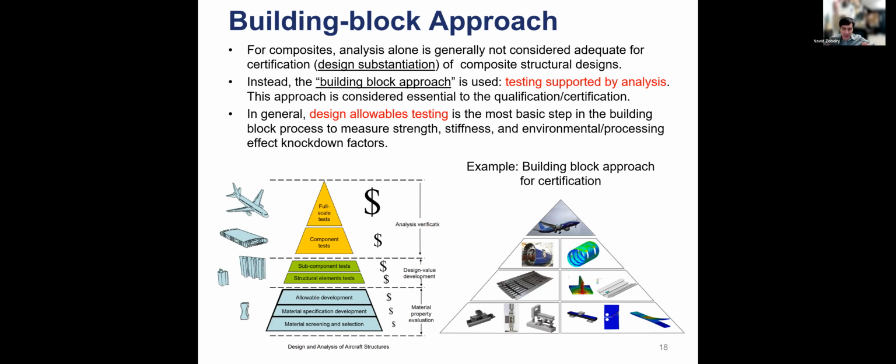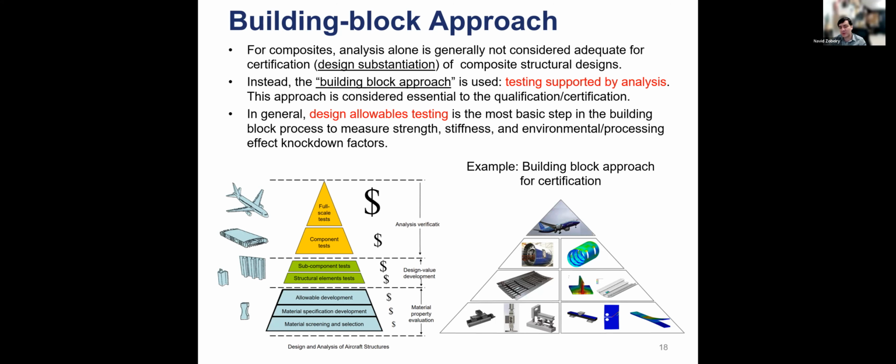You have a building block pyramid where you do test and simulation at every level of the pyramid. You start at the base of the pyramid where you do a lot of coupon level testing and simulation. Then you go higher up and you add more complexity to your design, and you do less test because test becomes expensive, and you go all the way to one final piece, which could be, say, the wing of an aircraft, and you show that you have a safety factor of 1.5. We're going to discuss the base of this building pyramid now,